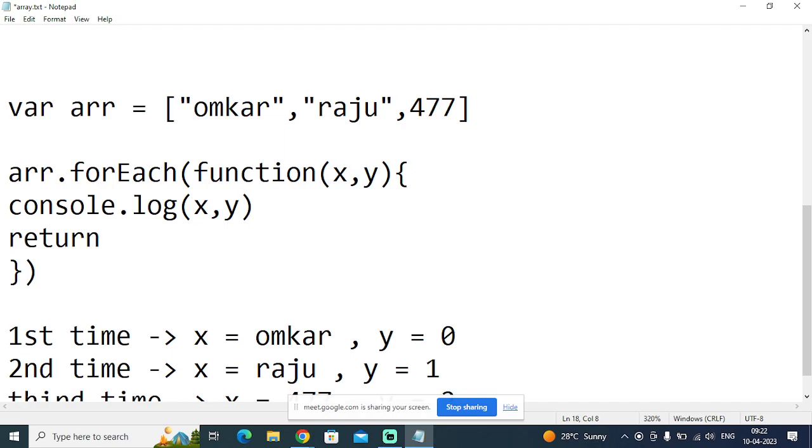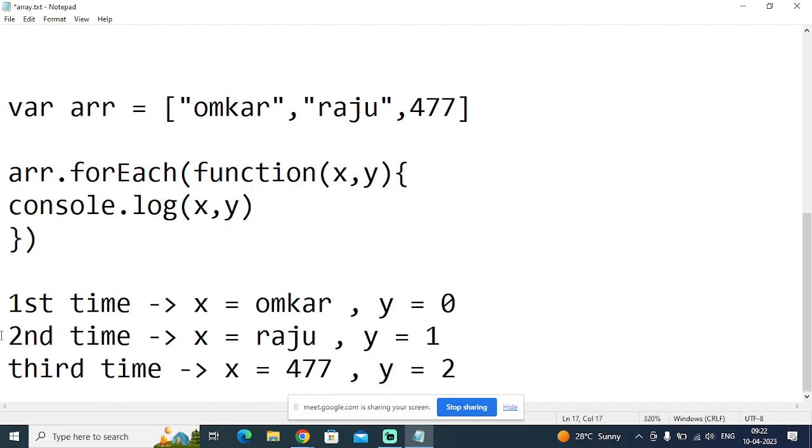Why? That is the forEach functionality. When they created forEach, they wanted to perform operations on each element, but they are not using it to return anything. They don't want to return anything from here. So if you want to return anything,